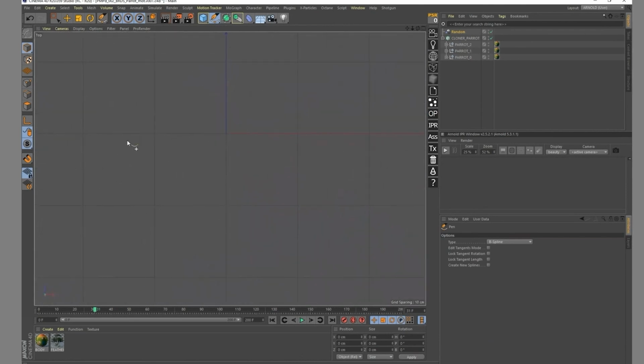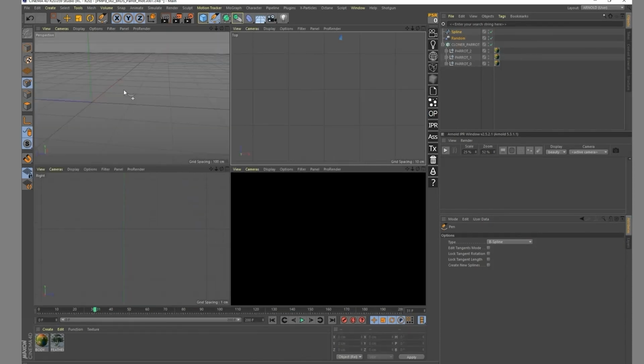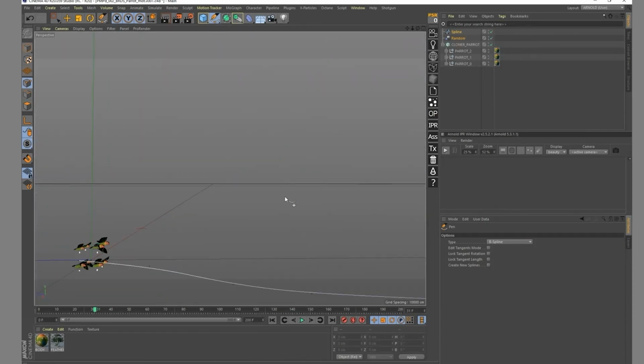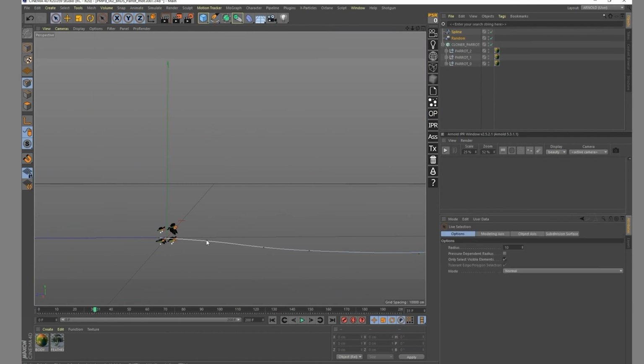Well, let's try to do something a bit tricky and try to have the same kind of feeling that I'm going to have inside of my project at the end. It's not like huge 90-degree turns, it's mostly that kind of feeling of following a spline, and then of course we're going to have a bit of change in the altitude of those parrots. So I'm trying to replicate that fast enough to just make the test while we talk.